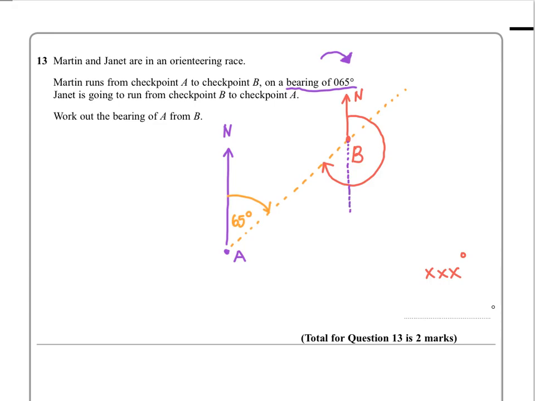So we should be able to use our maths knowledge to work that out, and it's the north lines that really help us, because guess what? They are parallel to each other. So you can use your ideas of parallel lines, and you can see here you've got a nice Z angle. You're not allowed to say that in the exam anymore, but it's an alternate situation, so you know that this angle here is going to be 65 degrees as well. And you definitely know this part, that's 180. So you've got 180 and 65, which is 245 degrees, is the bearing that Janet will run on from B